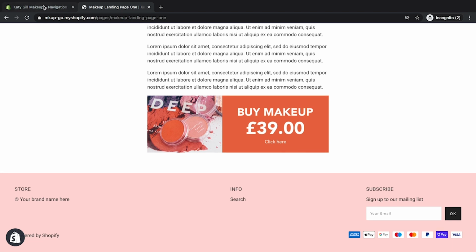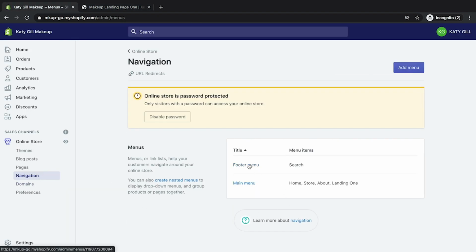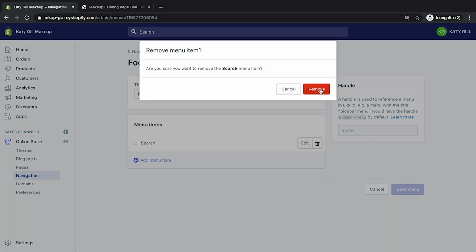Okay, so let's go and tackle the footer. So back to navigation. Hit footer. And we've got search at the moment. There's 4 products and maybe a handful of landing pages. So let's not clutter the store with stuff you don't need. Don't have search on there if you don't need it. Just keep your website, your shop, everything, laser focused. Only the bits that the users need to have. As you add more and more products over time, absolutely add search back in. But for now, let's get rid of it. It's a click that doesn't really need to be there.